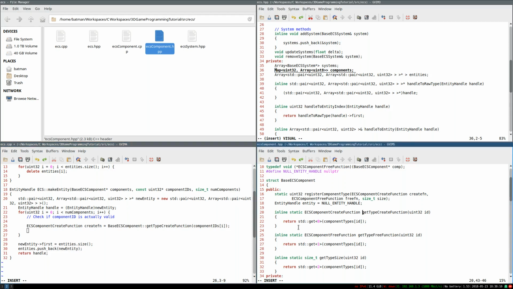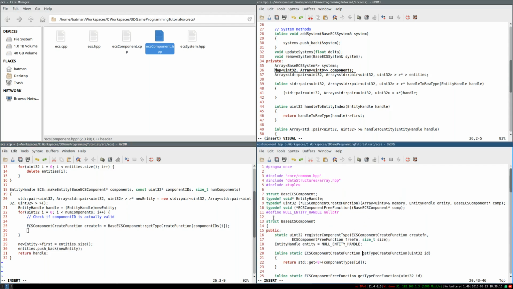Now what? Well, now we need to actually call it. So we're going to call the create function. The memory is going to be new entity, it's going to be the second. Yeah, that passes by reference, so that checks out. We need the entity itself, that'll just be the handle. And last, but certainly not least, we need the components. So component sub I, and we need the address of that. So this creates a new entity in our component memory, and this will return to us the index of that